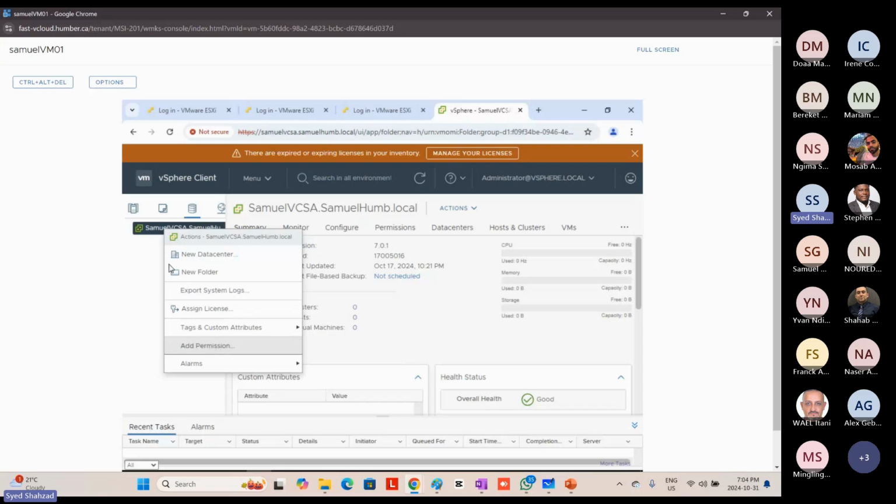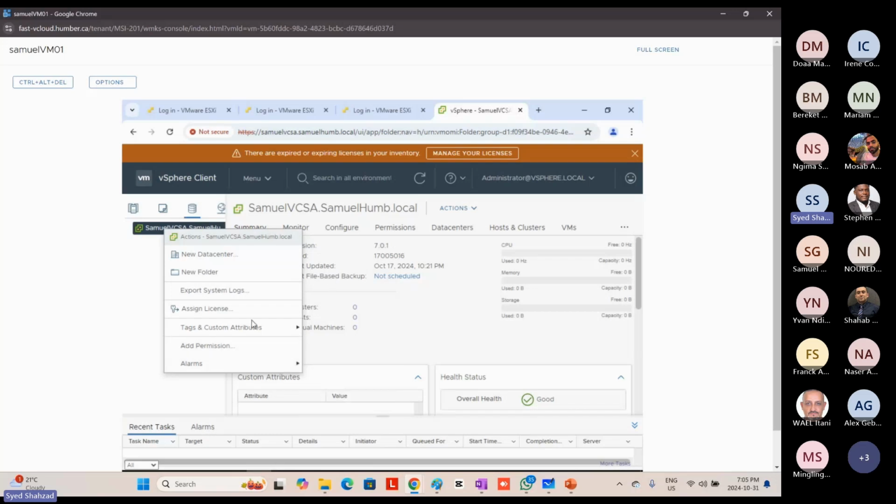Permissions, obviously, on the vCenter level, you have to be very, very careful. Who do you give the highest permission here of administrator, or you can give a reader permission. Reader means that you cannot change anything, but you can see all the configurations. That would be reader configuration, right? Alarms, obviously, all the alerts you can create for here. Suppose vCenter goes down, alert me through email or text, whatever communication system is configured